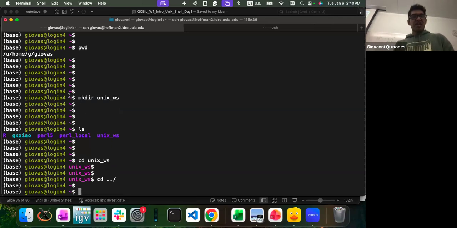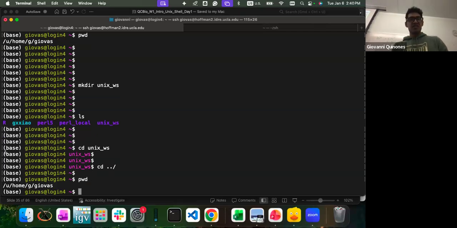So I know right now I'm in my local directory, and I know my local directory is this, right? I can print it again. I can do pwd, that's my local directory. And I know the Unix WS is located in my home directory as well, right? So I can do change directory. I'll copy paste. This is the home directory path. And then I'll also copy paste the Unix WS.